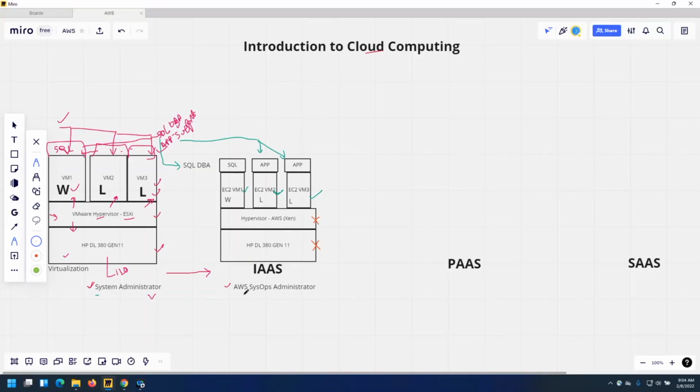Now, as an AWS SysOps administrator, what is removed from your headache is your physical server management and your hypervisor management, like your vCenter, VMware ESXi, or Microsoft Hyper-V, and then your Nutanix AHV. All these hypervisors are not in your scope to operate on a daily basis.